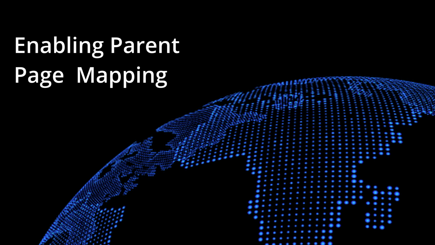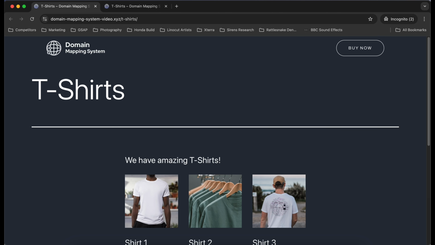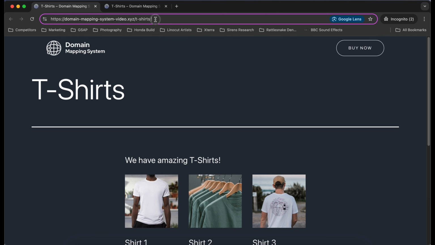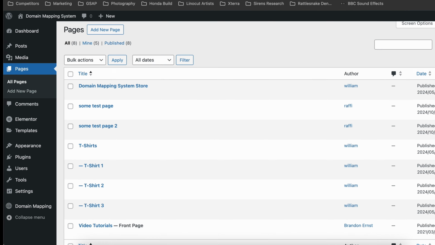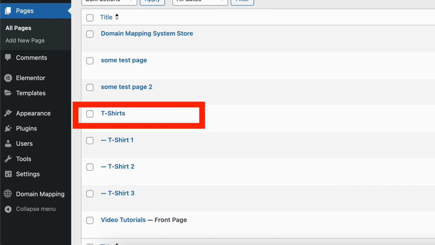Enabling global parent page mapping. Now let's look at the process of setting up global parent page mapping. For example, I will use the site domainmappingsystemvideo.xyz and set up global parent page mapping for the domainmappingsystem.store. I will use the t-shirts page for my parent page, and I will add 3 subpages under